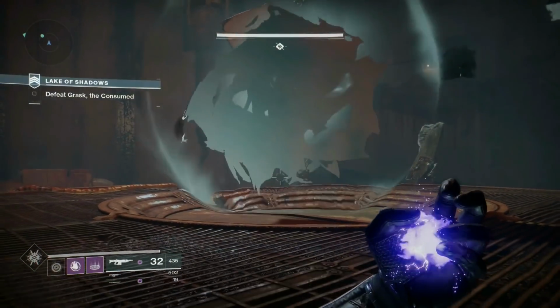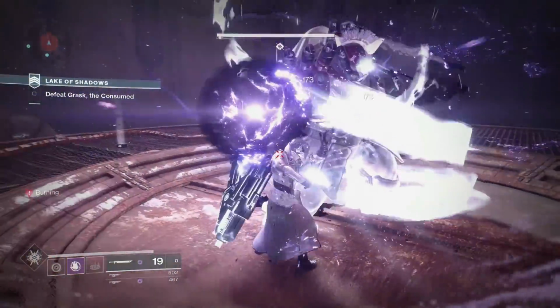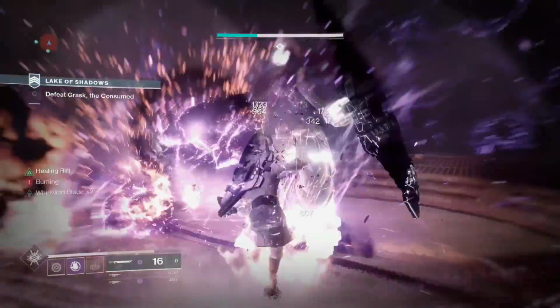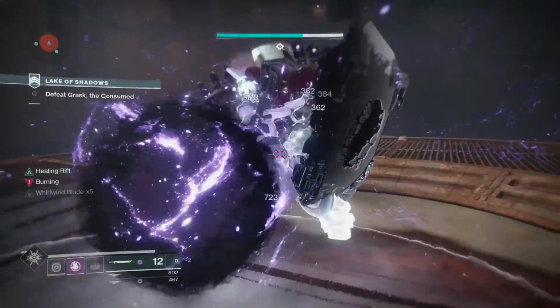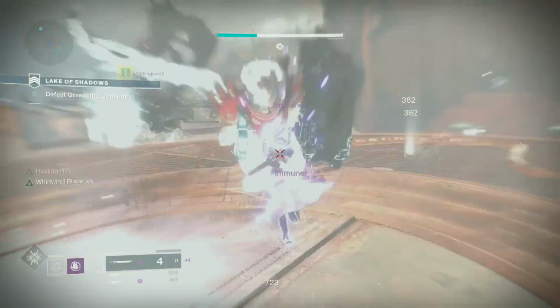Now right here, this is probably the most ridiculous thing. It's really going to show off the sword. I'm going to charge up my grenade, then I'm going to put out a healing rift. That's really important so I don't die. And then I'm just going to spam my R2 attack with this raid sword, and I will pretty much have